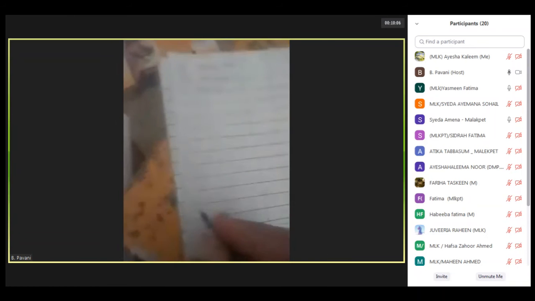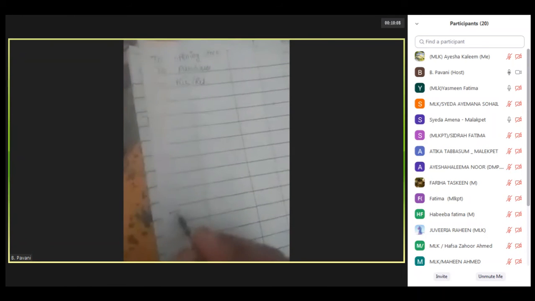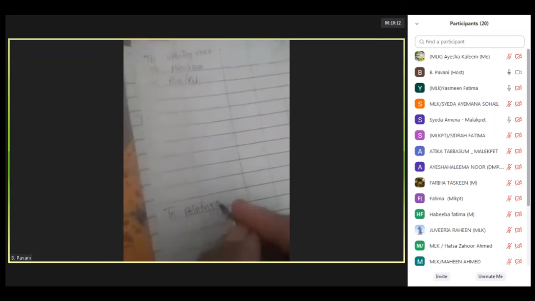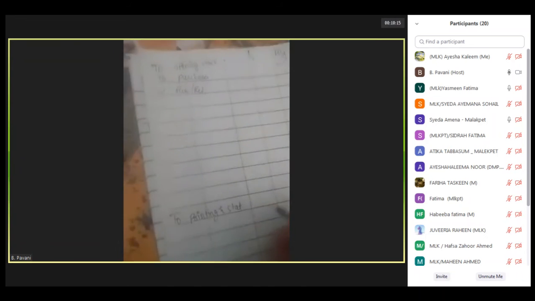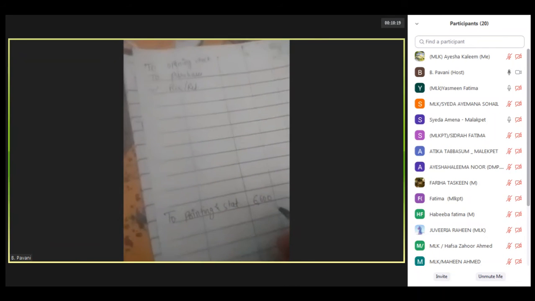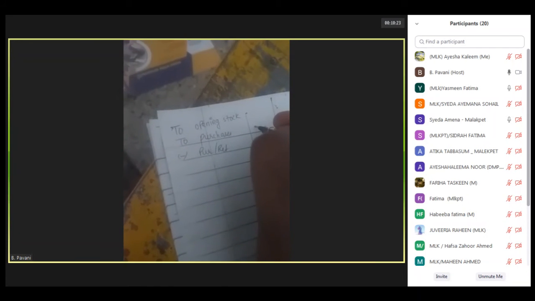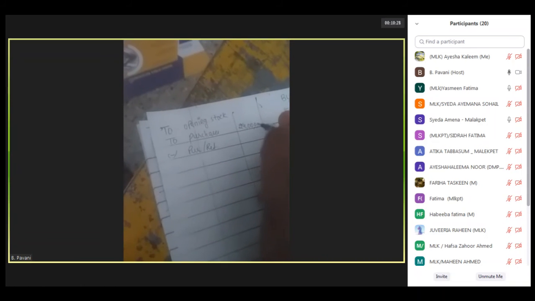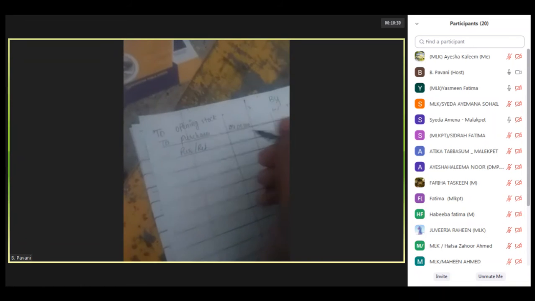The next they have given is printing and stationery. Printing and stationery will come on the P&L account debit side. So on the P&L account debit side, I'm writing it as to printing and stationery. The amount is 6,600. The next is purchases and sales. Purchases we have already written. Whatever debit side amount is there, it is the amount of purchases. So the amount is 24 lakhs. And the sales value is 31 lakhs 60,000.